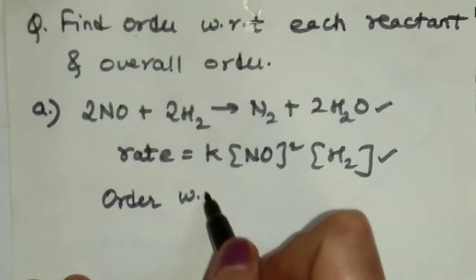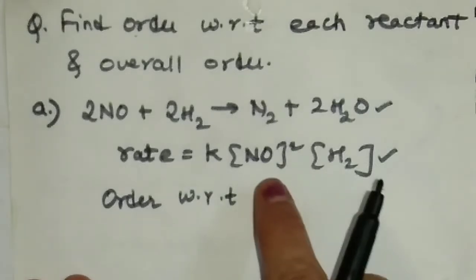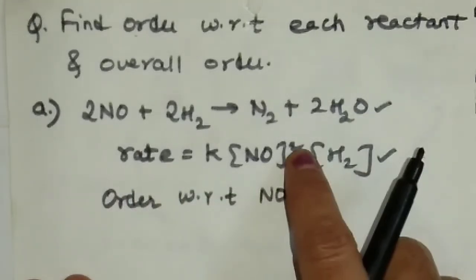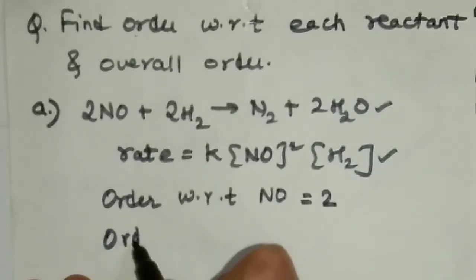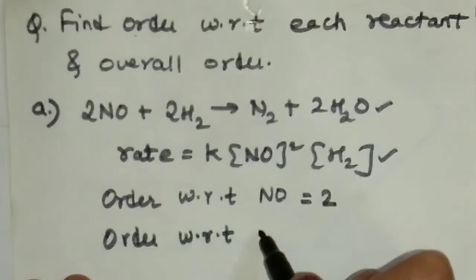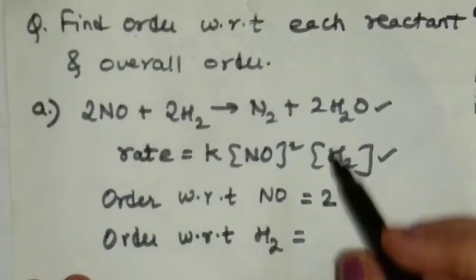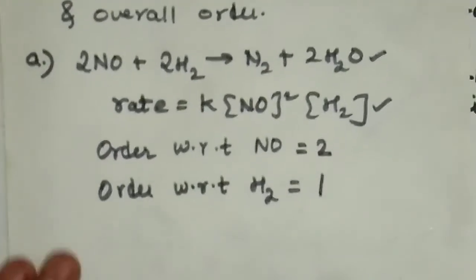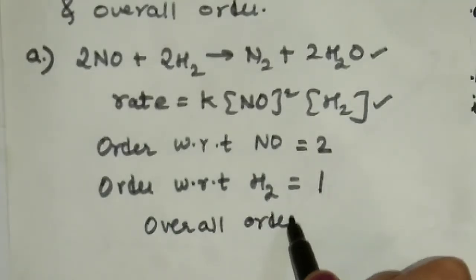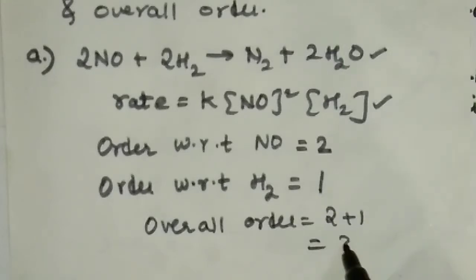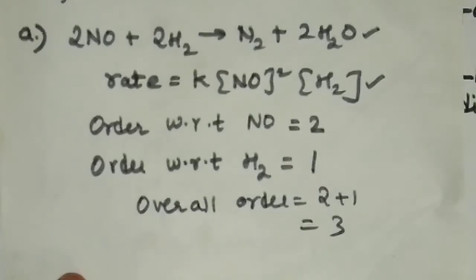Order with respect to NO. मतलब अपना पहला जो रिएक्टेंट है, देखो रेट लॉ में देखना है आपको, इट इज रेज टू व्हाट? 2. सो ऑर्डर विथ रिस्पेक्ट टू NO इज 2. सेकेंड रिएक्टेंट की बात करेंगे तो ऑर्डर विथ रिस्पेक्ट टू हाइड्रोजन इज, रेट लॉ में देखना है, हाइड्रोजन रेज टू 1 है, सो इट इज सिंपली 1. एंड हाउ टू राइट डाउन ओवरऑल ऑर्डर? ओवरऑल order of reaction is 2 plus 1, 3. Okay, so it is very easy. One more example we will take.